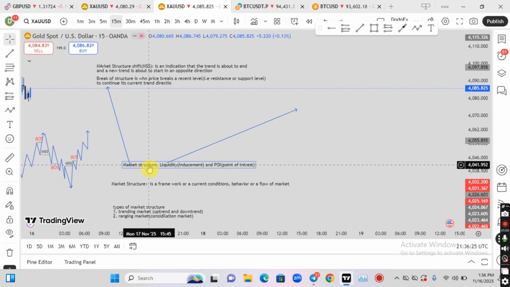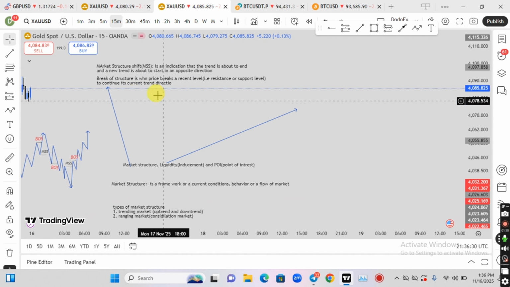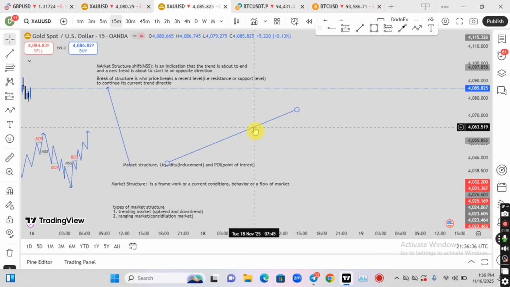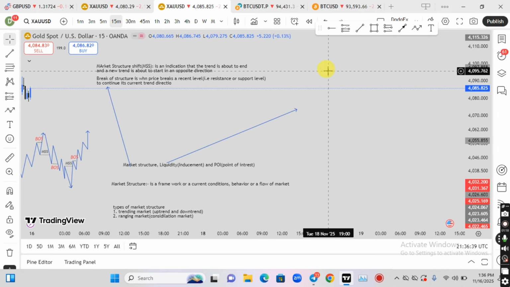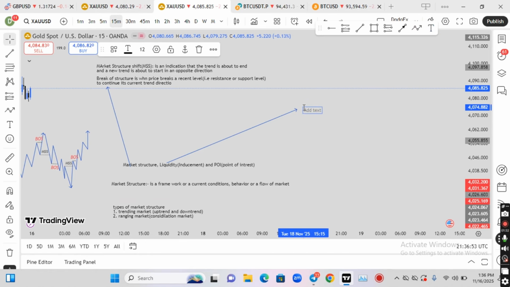I've talked about the first part of my trading strategy, which is the market structure. Under the market structure, we have the market structure shift and the break of structure. These are the first two things I look out for before picking an entry on my trade. So now let's focus on the second part, which is the liquidity. Liquidity is the first valid pullback the market makes after a market structure shift or a break of structure. I'm writing it down for you guys. Let me repeat myself here. Liquidity, or in brackets you can say inducement,